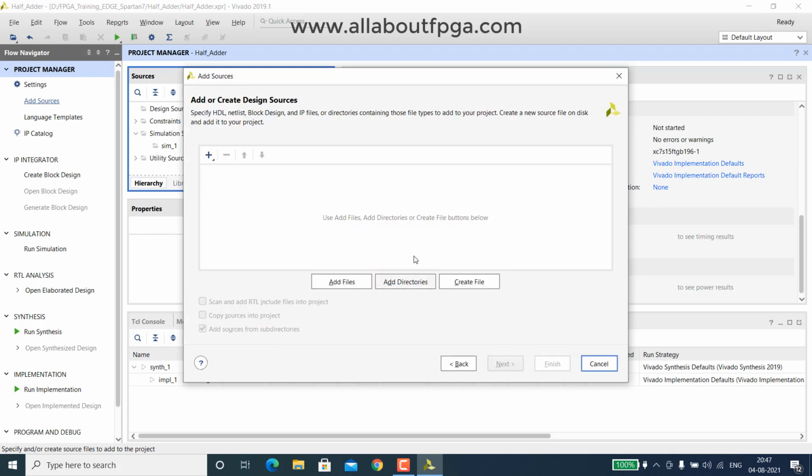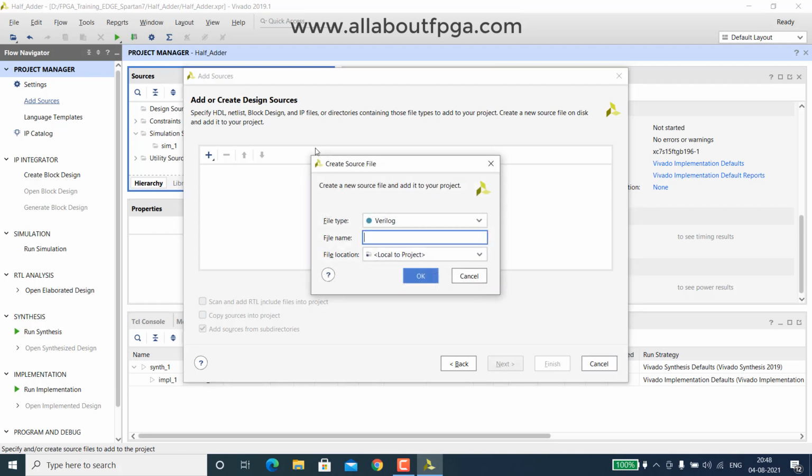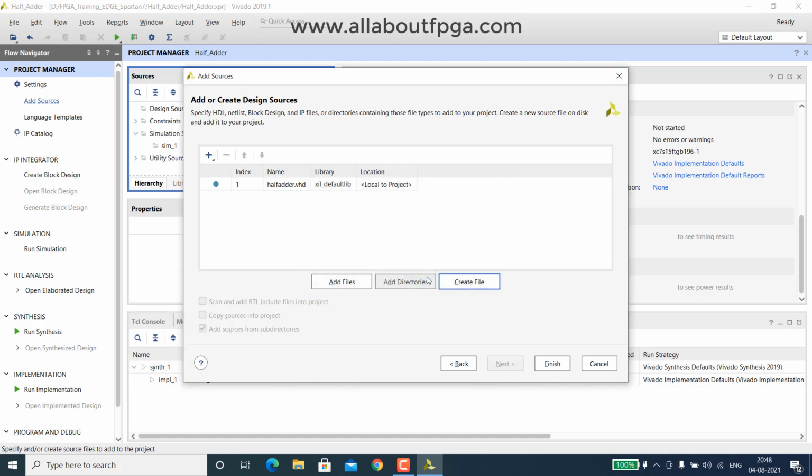Click next, and here select Create File. If you have an existing source, we can go for Add Files. Here we are simply going to create a new source with VHDL as the file type and name it half adder. The location of the file we can keep as the default, so halfadder.vhd was created.